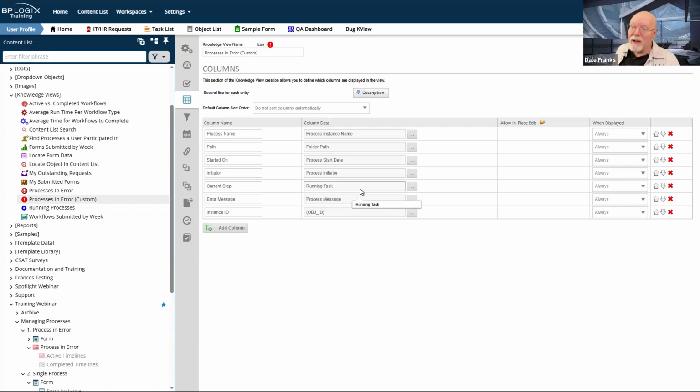In fact, you may remember a couple of months ago, we made an announcement on the support site that we were just going to drop all support for workflows. And by the way, we're not going to be particularly helpful if you have workflow questions. I've got to be honest with you, nobody at BP Logix has used workflows for like a decade. Workflows were deprecated before I got here. We stopped even updating workflows at all in version 4.5.